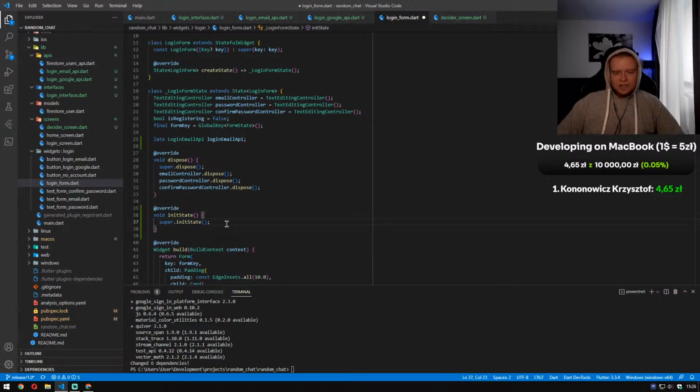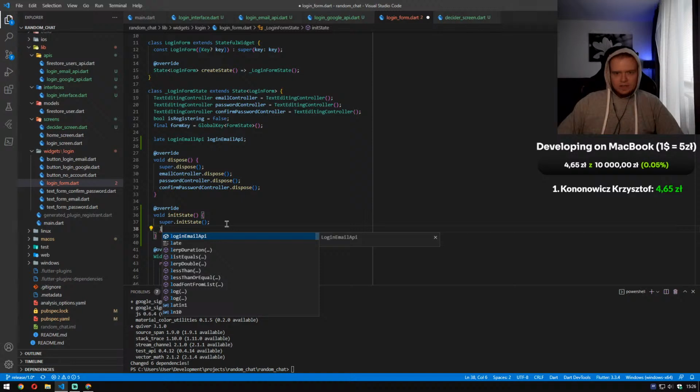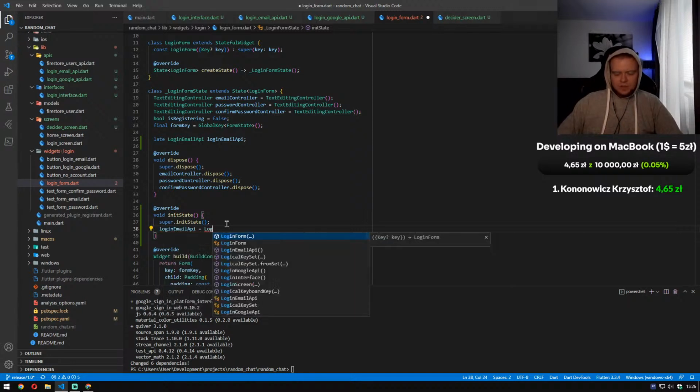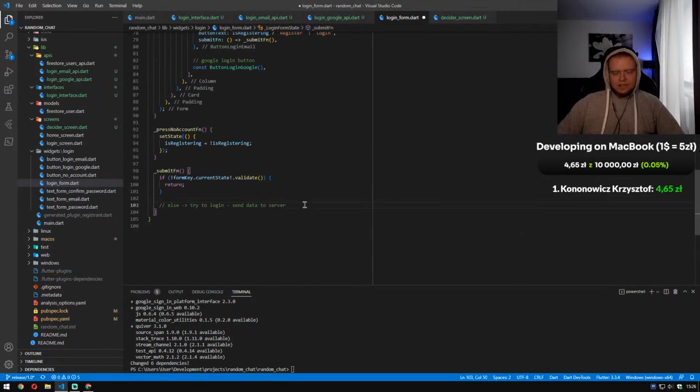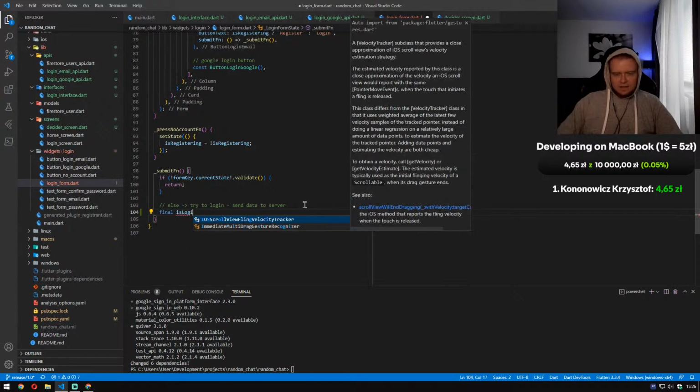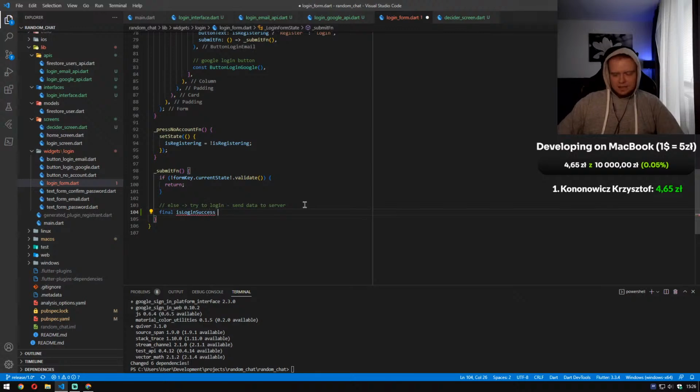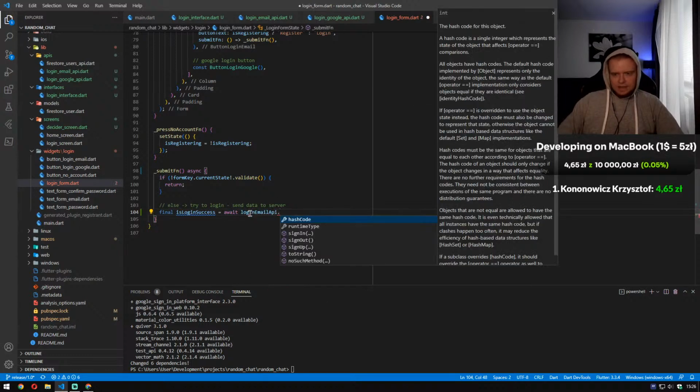So before any UI is rendered, we initialize our login email API, which will be a new instance of the login email API class. And now we can refer to that. So let's just add a final is login success, and it will be our login email API. Of course, it's this one. And